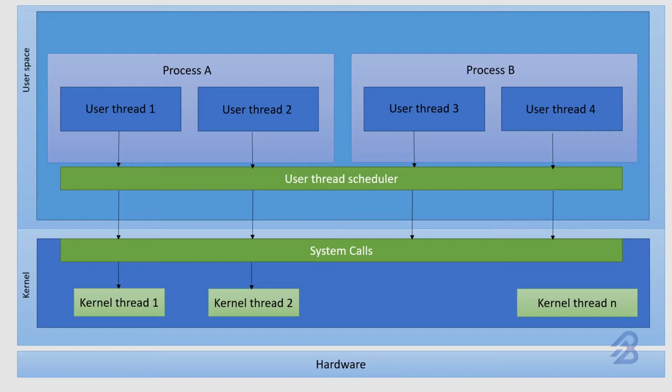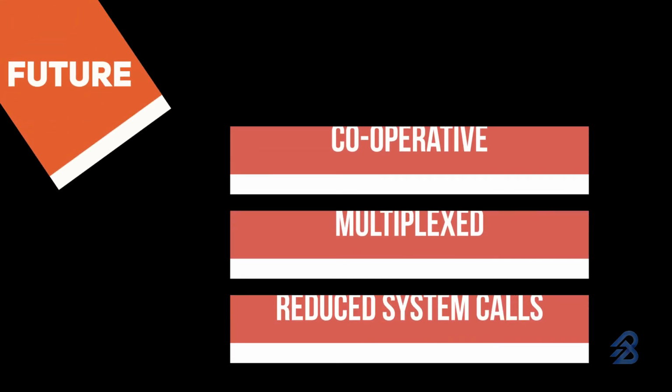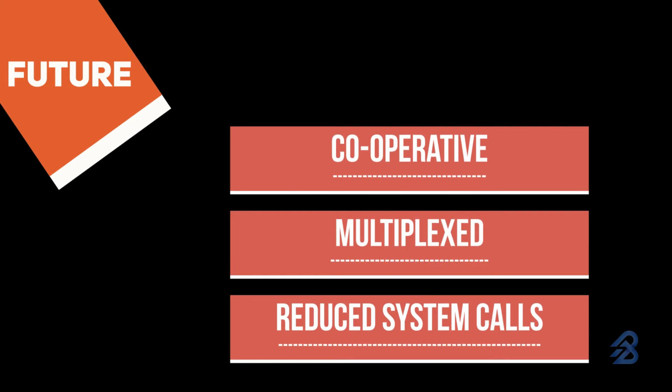Now that we understand how kernel thread calls are made, if you closely look, there is a high volume of system calls that are made. While this cannot be completely avoided, certainly there is a chance to handle the scheduling of these lightweight threads within execution environments like the JVM. The big advantage is that it can be made cooperative and can be multiplexed, reducing the overall kernel thread cost.